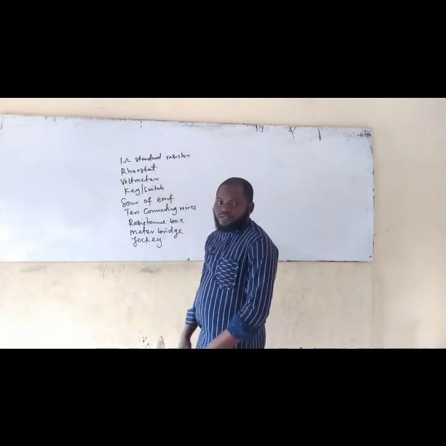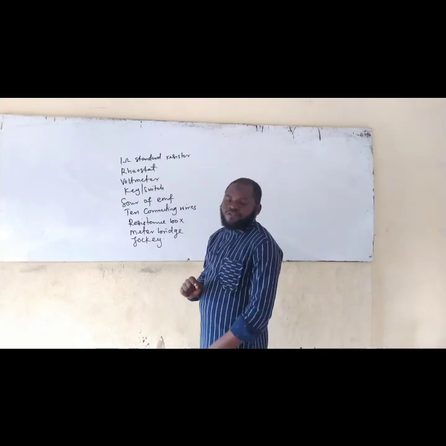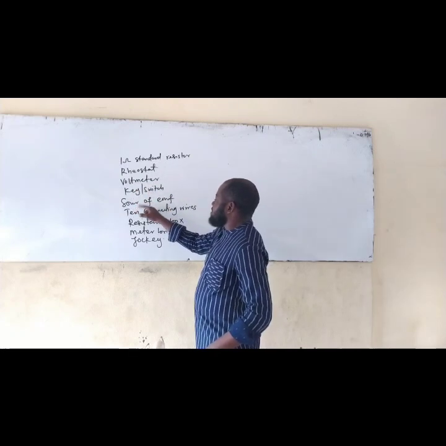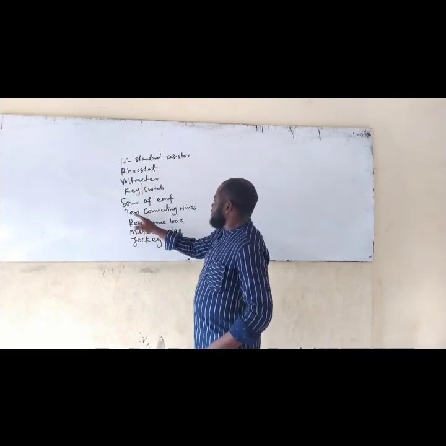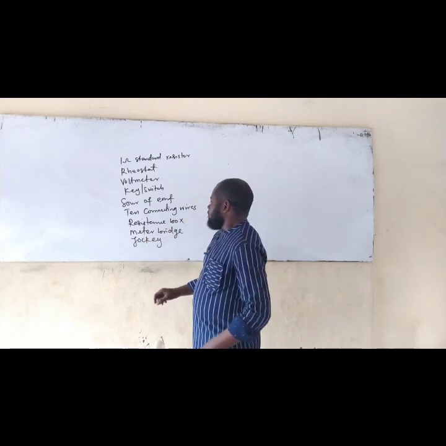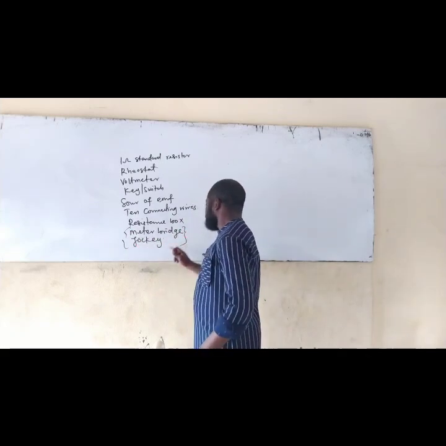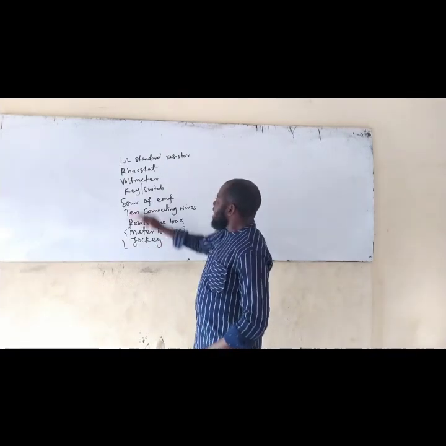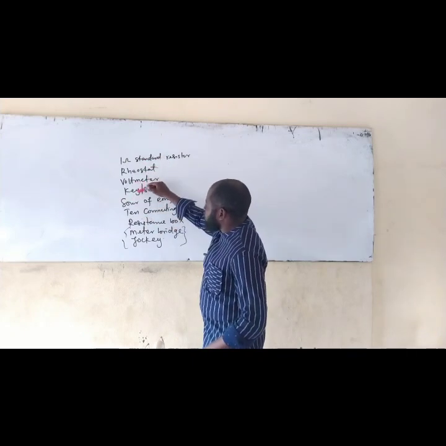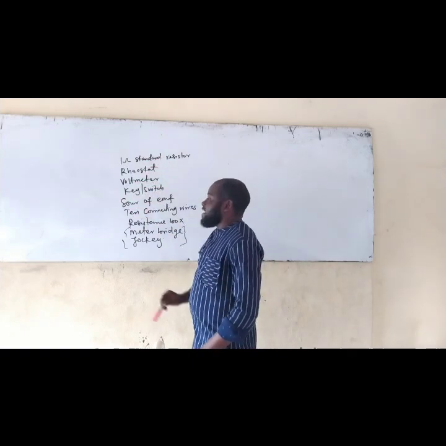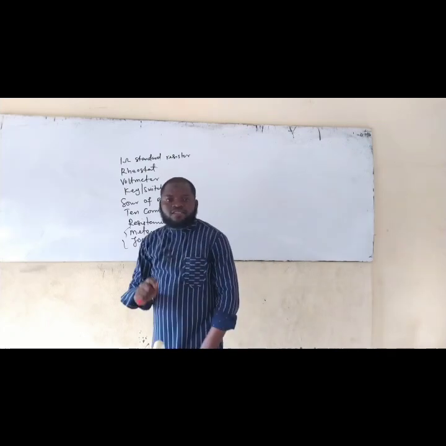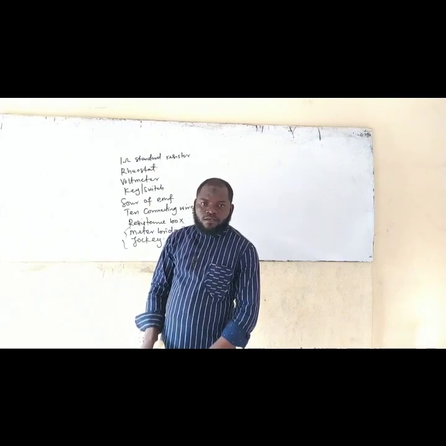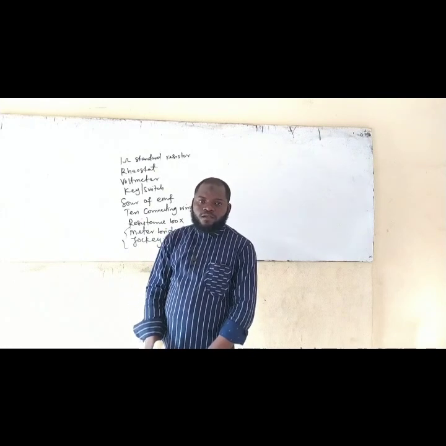Now, what's the function of all this? Now, the first thing you want to know is that having resistance, rheostat, voltmeter, key, source of EMF, that is battery, connecting wires, resistance box, forget about these two first. Are you getting it now? Forget about meter bridge and jockey. If I have this following, that is 1, 2, 3, 4, 5, 6, 7. If I have these 7 items, no doubt, the experiment they want to verify is Ohm's law. Am I making sense now? Is what? Ohm's law.